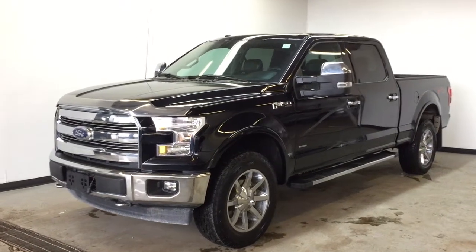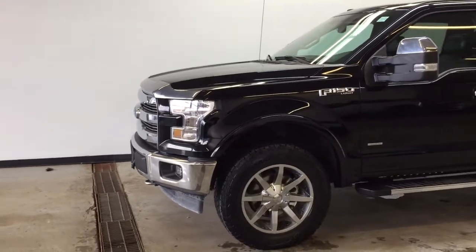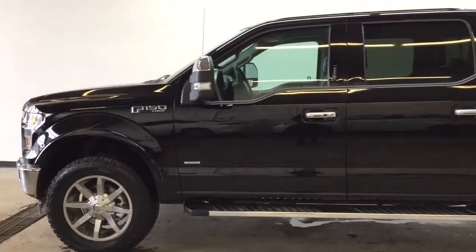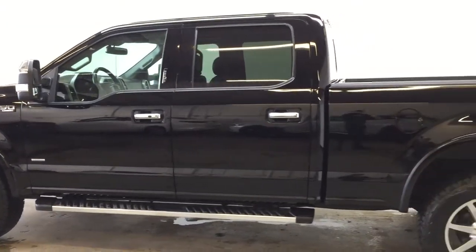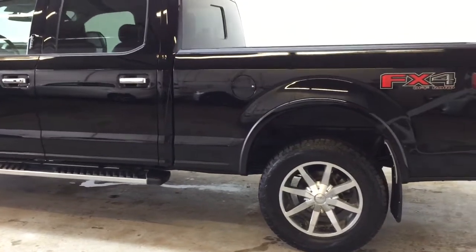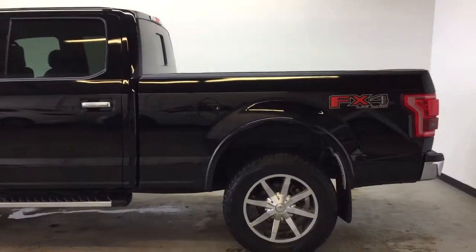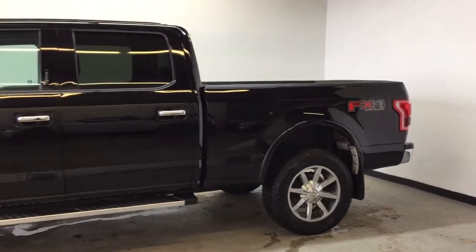This is the 2017 Ford F-150 Lariat SuperCrew with the 6.5 foot long box. It has just over 55,000 kilometers on the odometer, and under the hood you have your 3.5 liter twin-turbo V6 EcoBoost engine, putting out 375 horsepower and 470 pound-feet of torque. And this truck is equipped with a leveling kit,